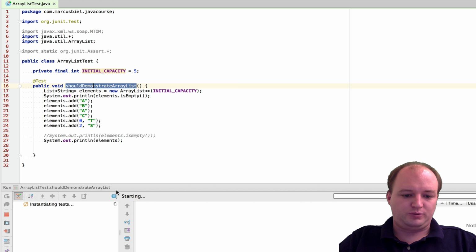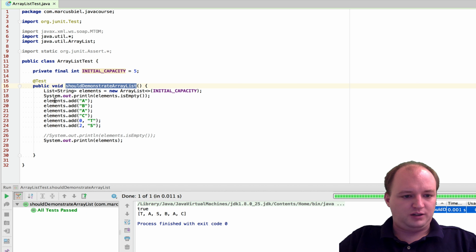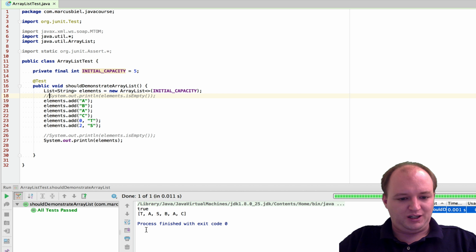But let me just show you what I mean. Okay, we still have the true. We can also remove this. Okay, but for now it's fine. So we have t, because we added that at index position 0, which means this will be inserted where a was before. Before I added that at index 0, this was the index 0. So this put it to where a was before and then shifted everything else to the right.